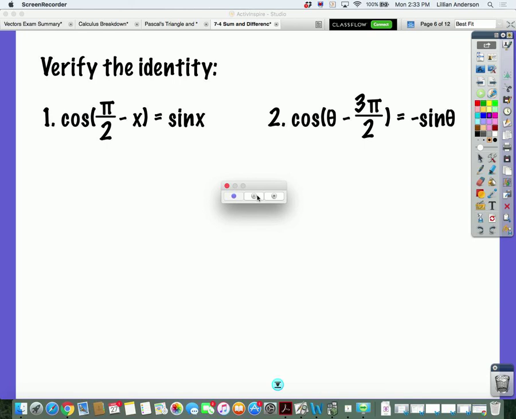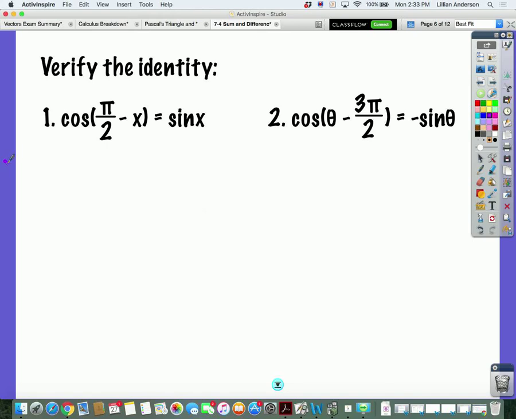All right, we are verifying this identity now. Now, number one should look very familiar. What is number one? It's one of those functions. Which identity is this? It's a co-function identity. One of the ones you have to remember. We're basically going to verify why this is true. You guys remember how to verify identities? Left equal right. The left has to equal the right, and we always start with the what? More complicated side, which is clearly